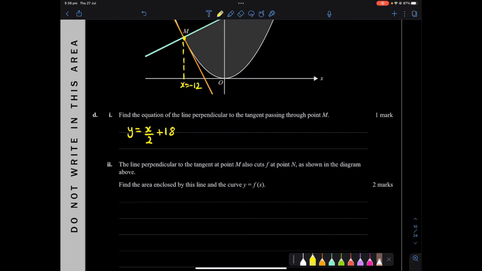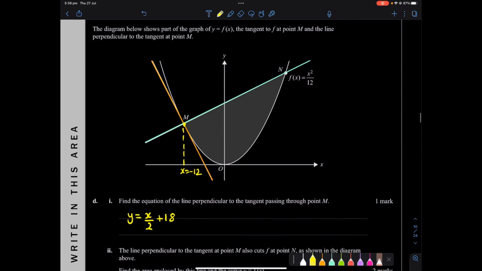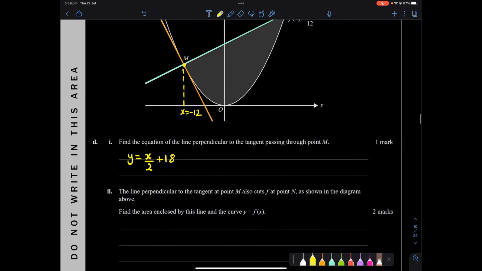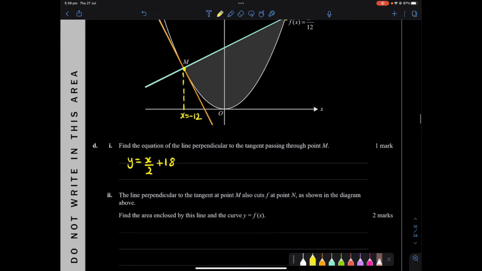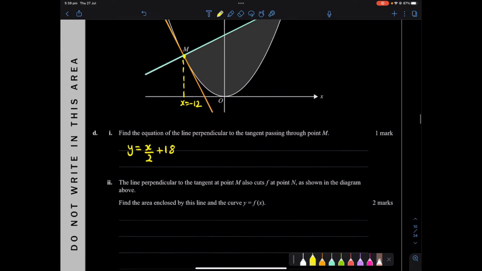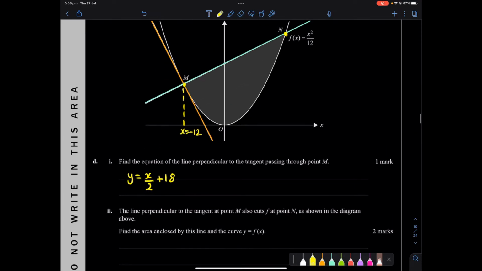Next question. The line perpendicular to the tangent at M, which is the normal, also cuts f at point N. Okay, so it cuts over here, as shown in the diagram above. Find the area enclosed by the line and the curve y equals f of x. So what we're trying to do is calculate this area over here, and to do that we need the 2 points. So this point over here,